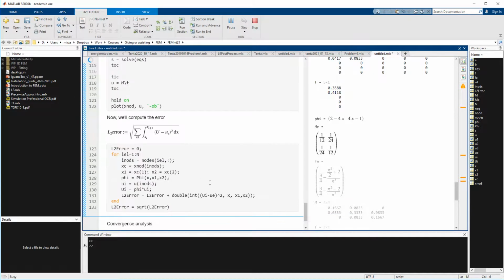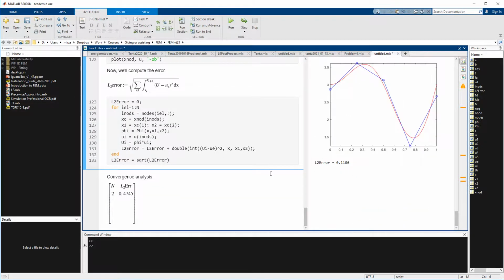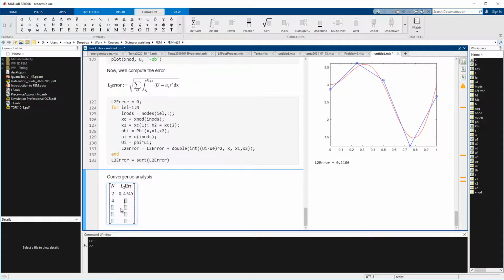Same stuff. And I will get an output at the very end there. So n=4 is equal to 0.1106. And I'll continue with 8, and I'm just doubling the number of elements here, 16, and at the end 32. I'm gonna fill this in, and I suggest you run this too. For 8 it is 0.0239, and then for 16 elements we have 0.0057, and finally for 32 we have